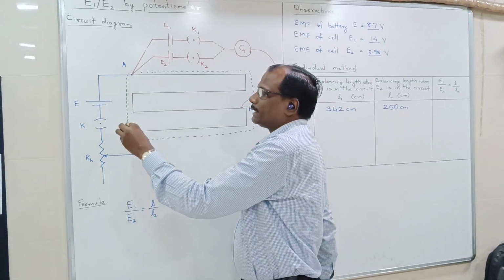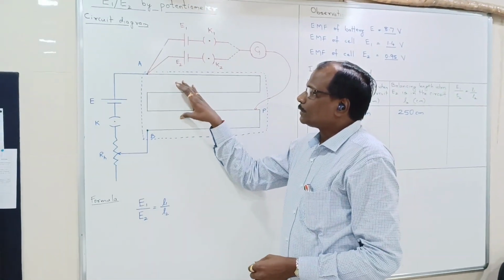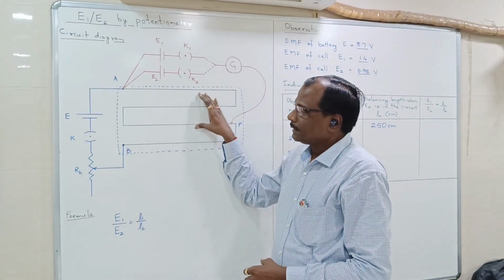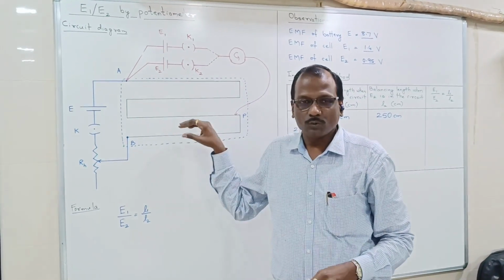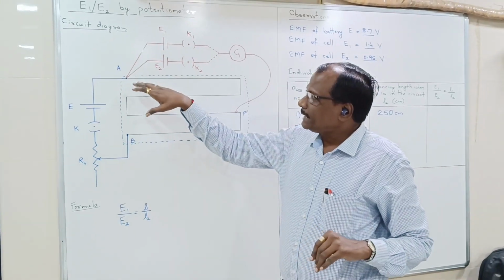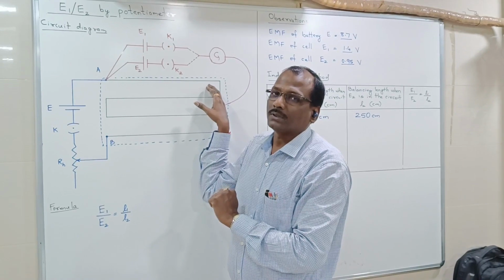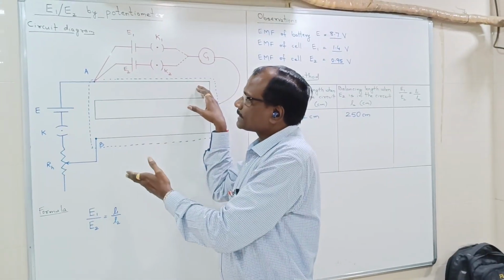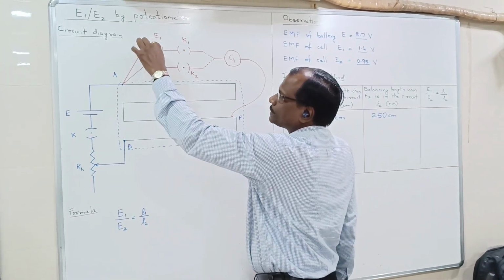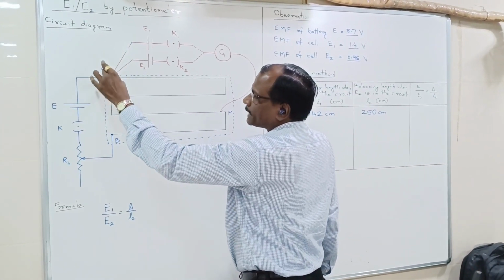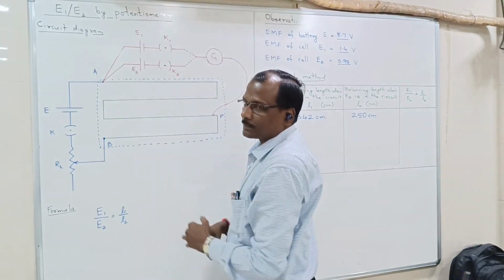This is for the sake of power supply. If, for instance, this particular power supply applies 4 volt of potential difference to this wire, that means for the 400 centimeter wire I have applied 4 volt, and that clearly indicates that for every 100 centimeter of wire we are applying a potential difference of 1 volt, and that EMF is compared with E1 and E2. Here also, the positive of E1 and E2, both of them are connected at terminal A. That means all these 3 power supplies are connected at terminal A.